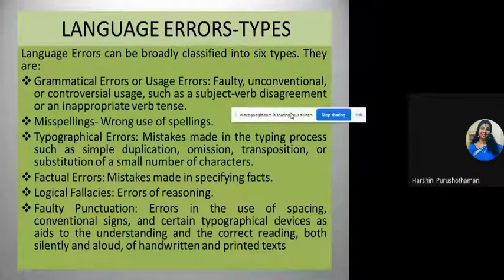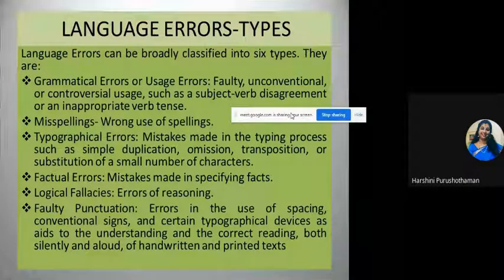Many people will not be knowing how the verbs and subject agree with one another, and that is where they make a lot of mistakes. And then inappropriate verb tense, using the verb in the wrong place. And then use of wrong preposition, then bringing in subjectivity and objectivity in writing, all these matter.